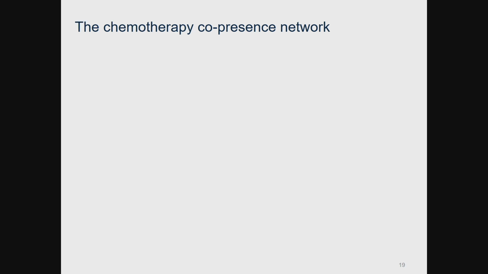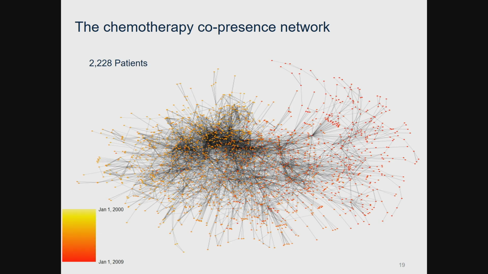So when we do that, we run this on all 4,700 patients. We arrive at the following network, which includes 2,200 of the patients. They're colored by when they started chemotherapy. The study ran over 9 years, and each chemotherapy regimen lasts a couple months. So we expect that patients should be connected to similarly colored patients, which is a